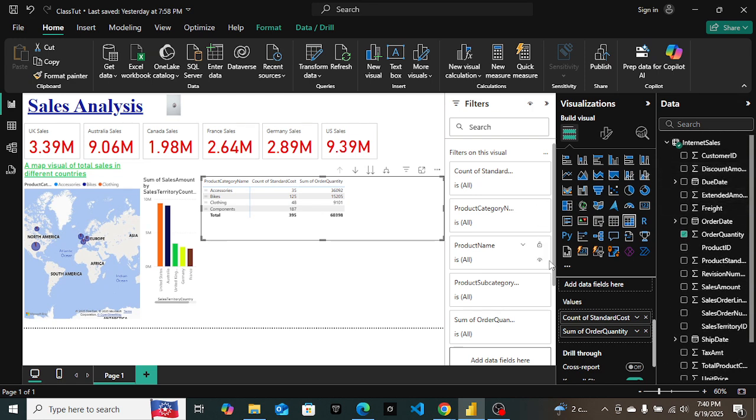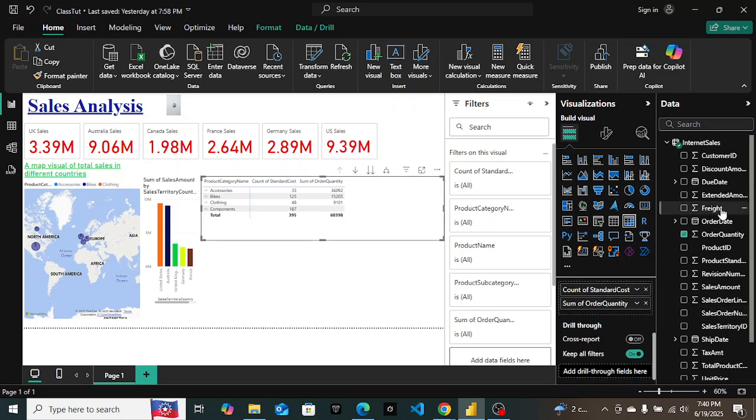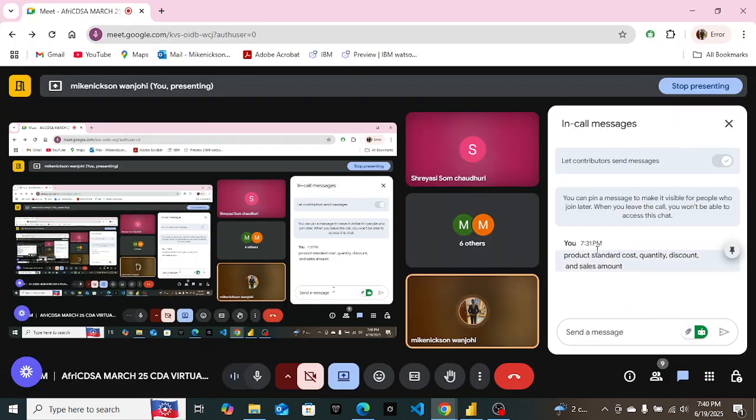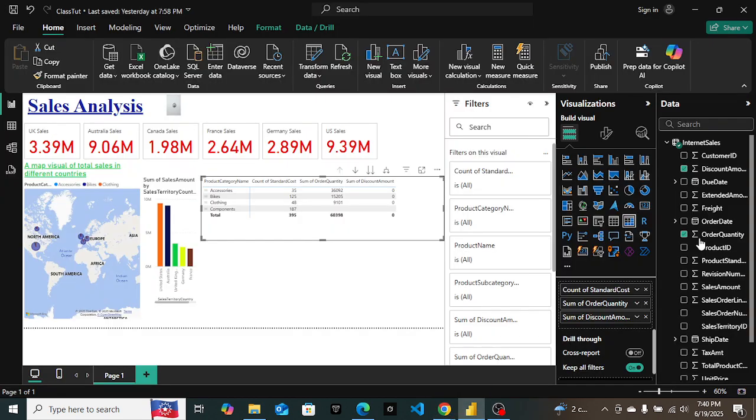Discount is here under discount amount. So I make sure that that matrix is selected, and then discount amount, I'm going to add it there. You can see discount amount has already appeared there. Still we have the sales amount. So the sales amount is here, so I'm going to drag it and drop it and you can see now I have a matrix with 5